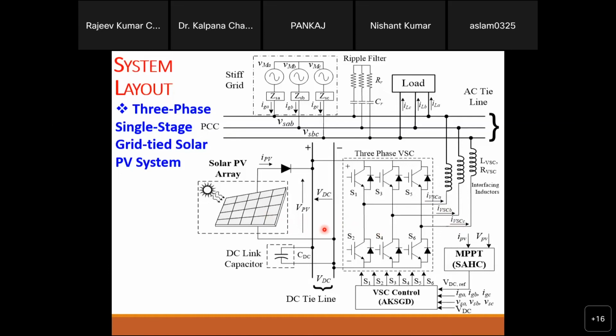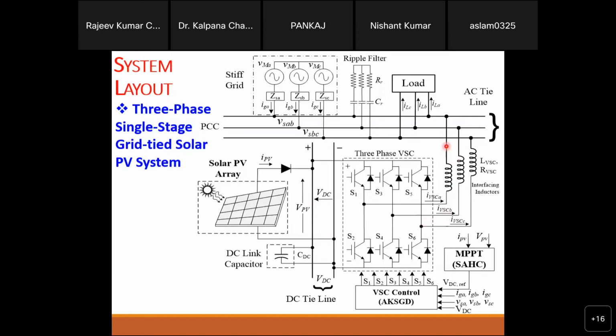But a PV panel voltage of 800 is a very big thing. Mostly you will see the small panels come with 32 volt, 24 volt and like that. So here a lot of panels will be required to connect in series to match this voltage, right? So this type of scheme is okay when you have large PV panels. Then only your voltage will match with that, right?